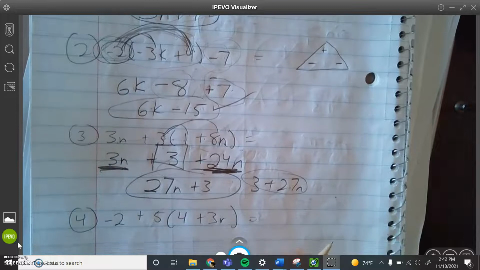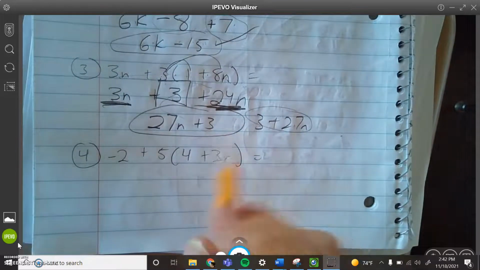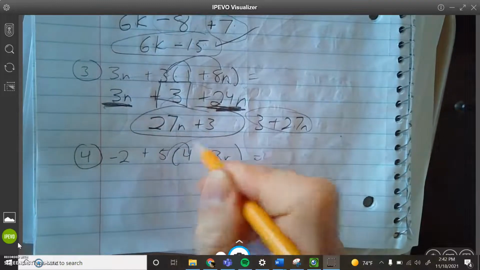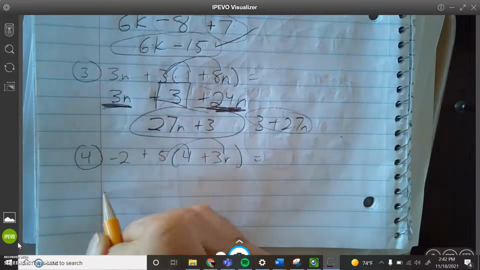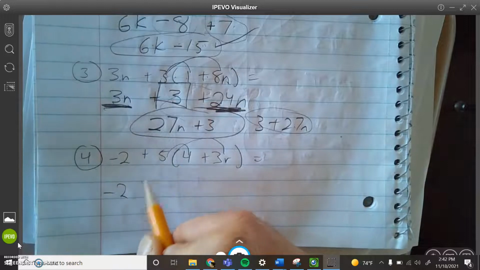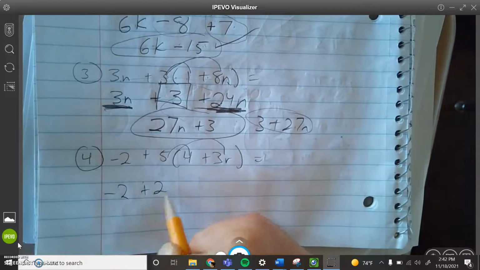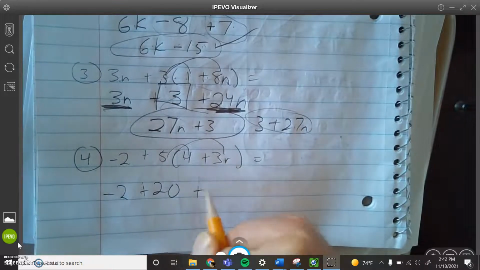All right, number 4. Last one. Good work so far. Distribute. So, negative 2, bring it down. Oh, you finish it. Ready, set, go. Ooh, sneak attack on that one. See if you finished it. 5 times 4 is 20. 5 times 3r is